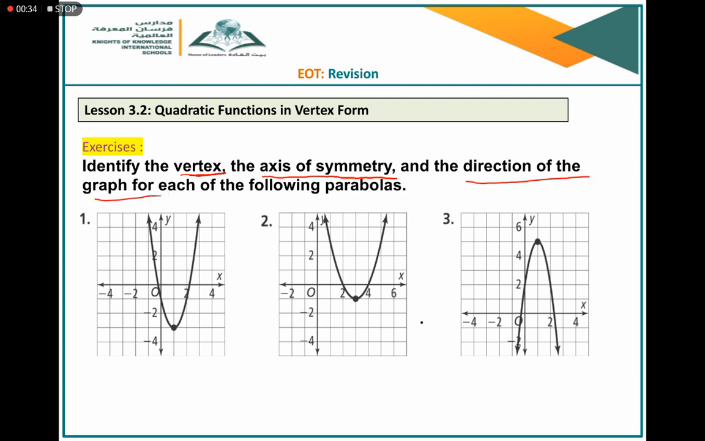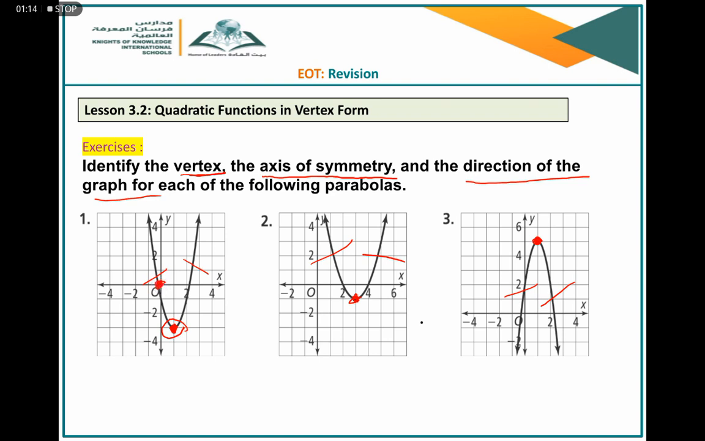The vertex is the lowest point, or the bottom, for the upward function or graph, and the top for the downward function. So I'm looking for this point. You have to ignore the horns or the arms of the graph. Don't look at them if you try to get the vertex for any graph. So you are looking for the position of this point actually, and every time you have to start from here,